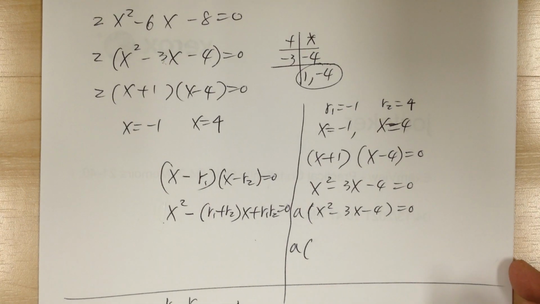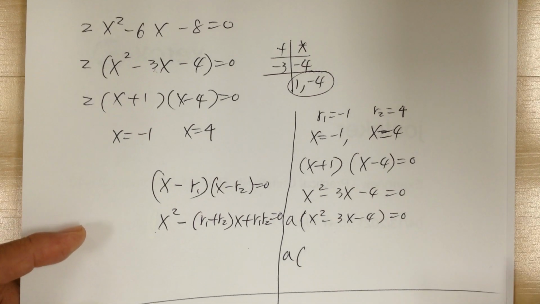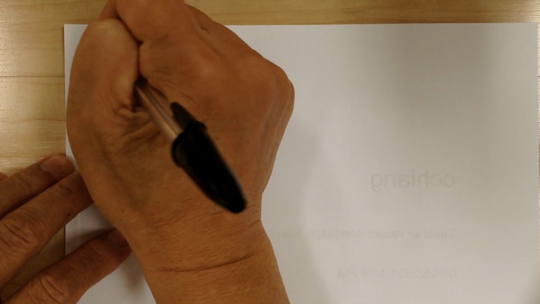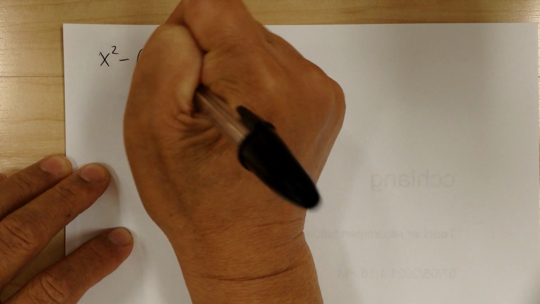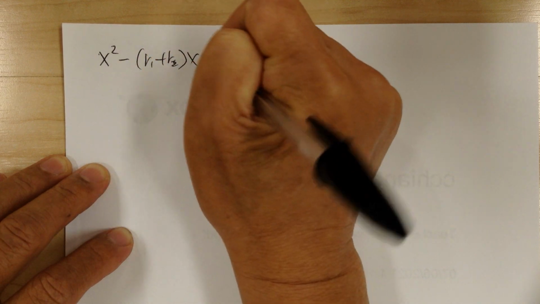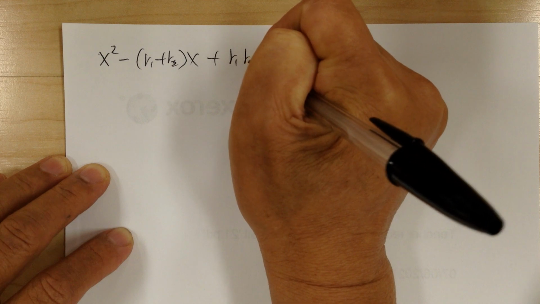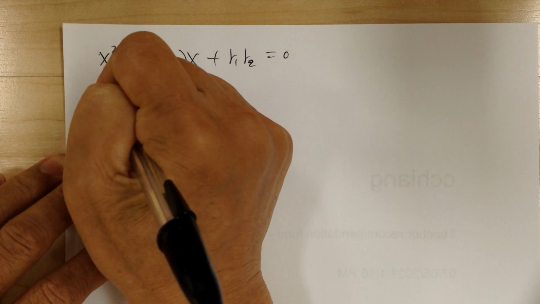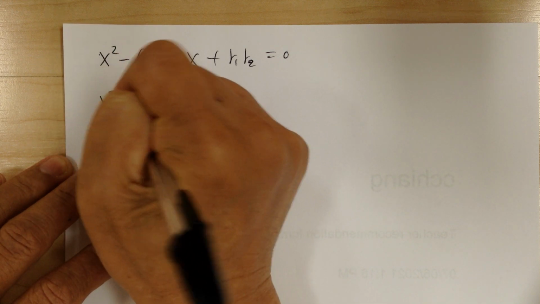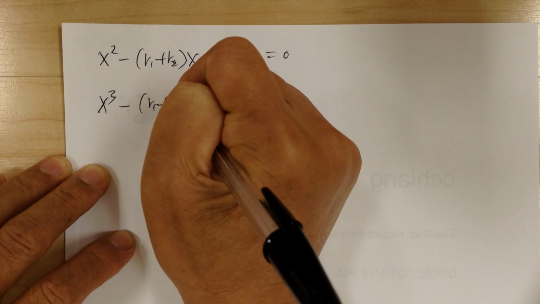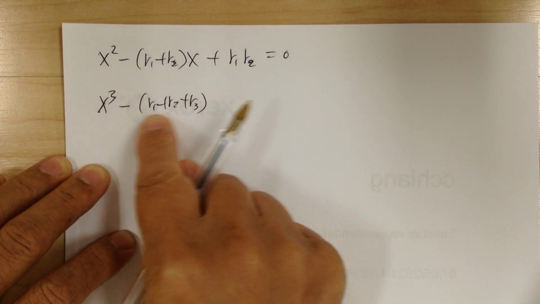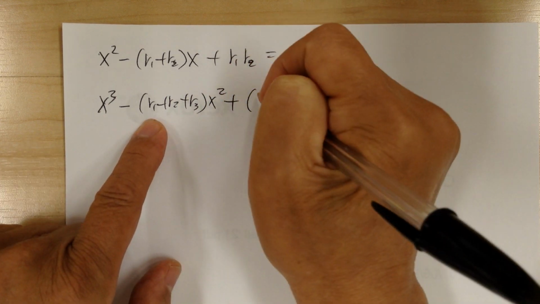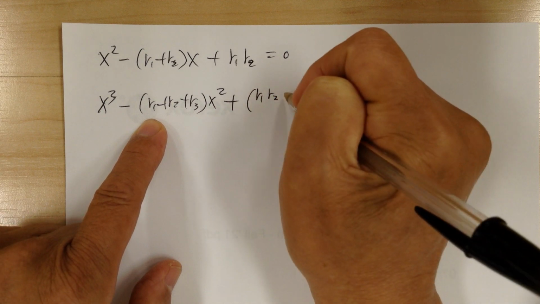So then we're going to write out the different degrees of the root equation. For the second degree, you're going to have x squared minus (r1 plus r2)x plus r1 times r2 equal to 0. Now if it's a cubic equation, when you've got 3 roots, you're going to have x cubed, okay, minus (r1 plus r2 plus r3). Again, the cube has 3 answers, right? Then x squared, it becomes plus, and then you're going to have r1 r2, okay, plus